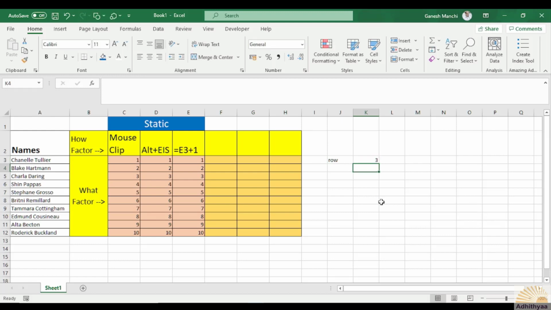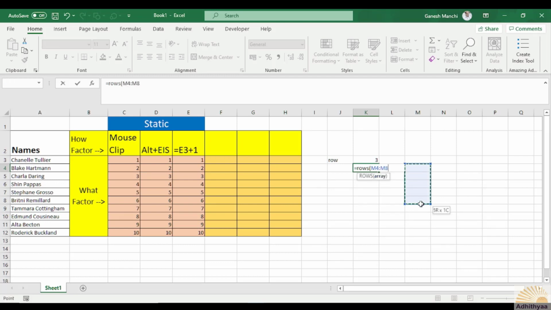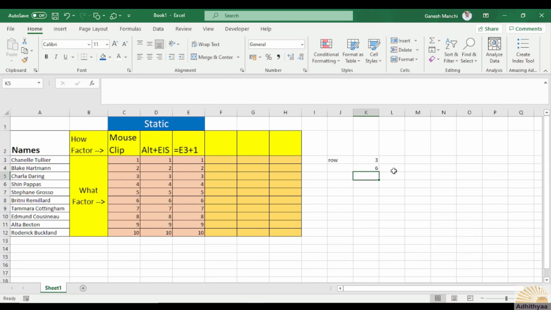And the next one is equals ROWS plural and then open bracket, the next one is array. If you select this one, the entire array will be taken care of and the result will be 6. You know why?